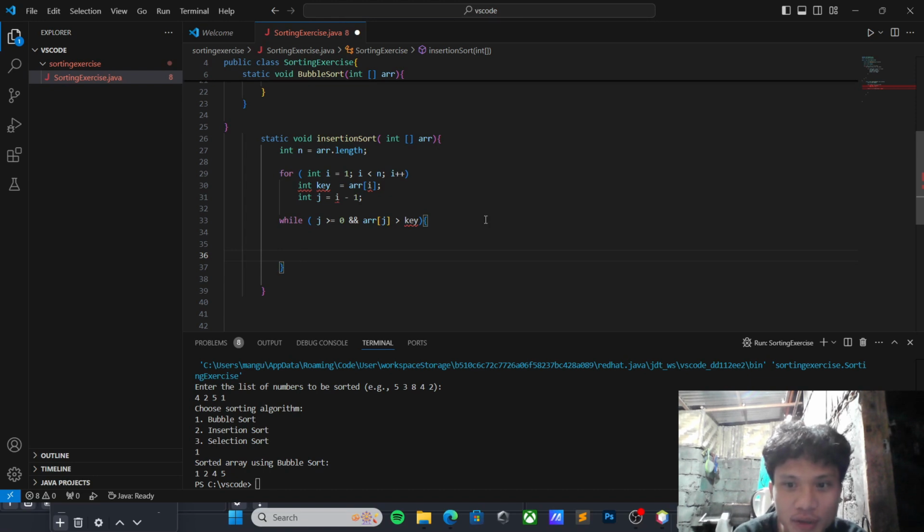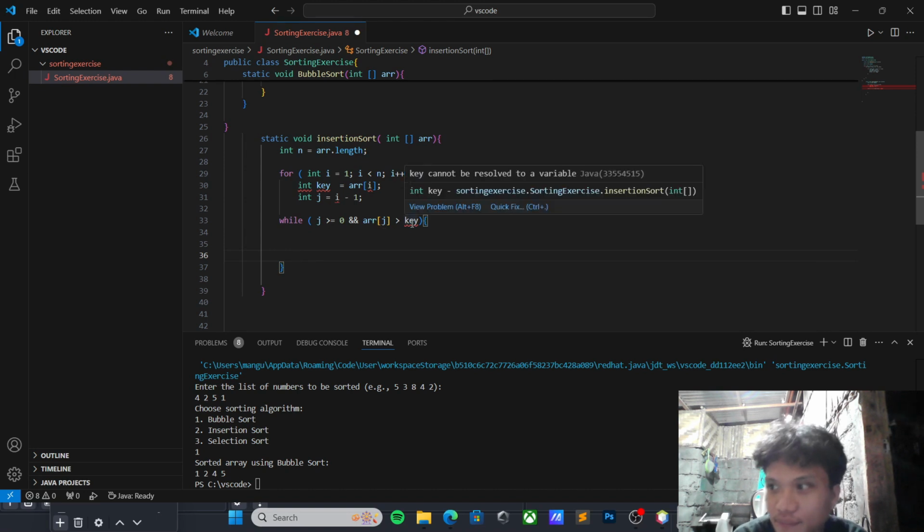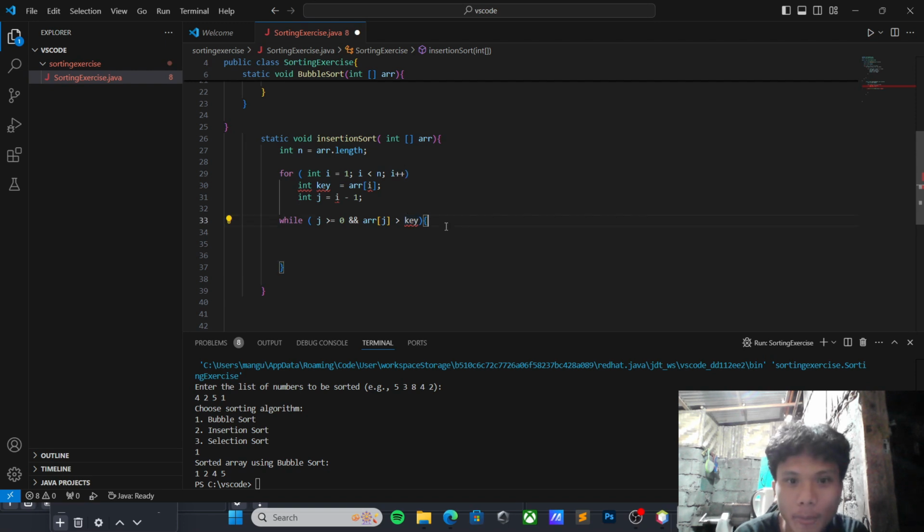The loop continues as long as the elements at j in the sorted portion are greater than the key. Now a[j + 1] is then equal to a[j].